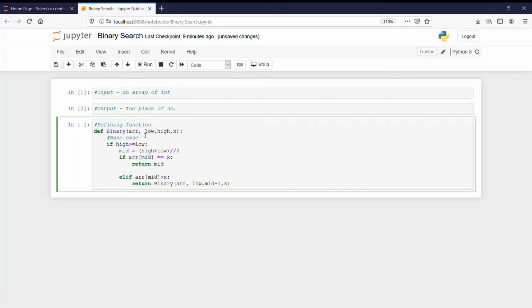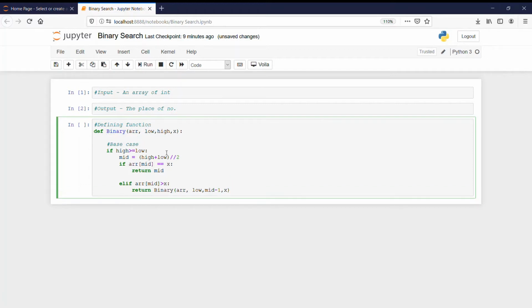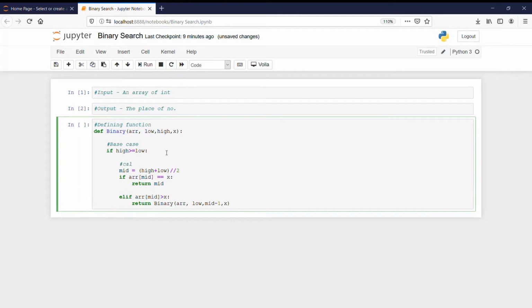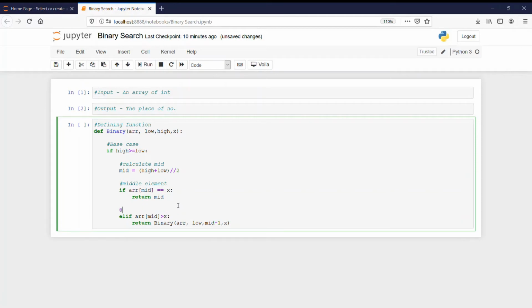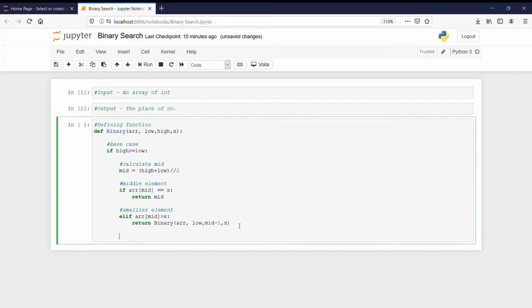So let us see what we have done till now. We have defined the function, we had the base case, then after that we calculated mid, then we have checked if it is the middle element, if it is not, if the element is smaller. And now we will check the last condition, that if this is also not true, if the element is bigger or larger,